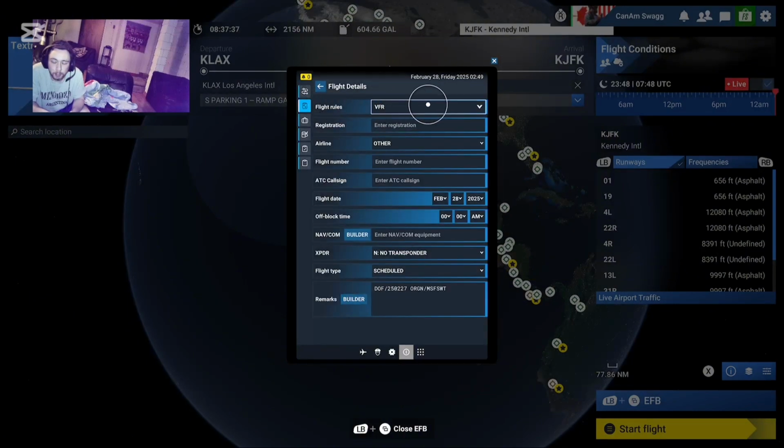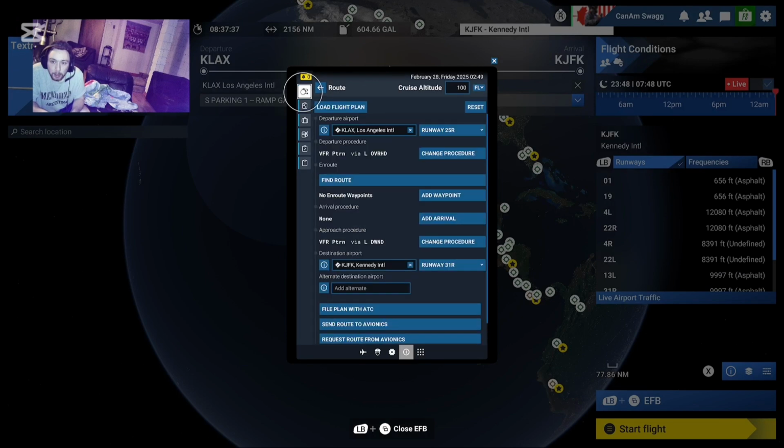So for this type of flight, you'd want it to be an IFR flight, so you'd go ahead and change that. And we have a VFR pattern here for departure and a VFR pattern for arrival, which we do not want for the flight. So what I do is I go on